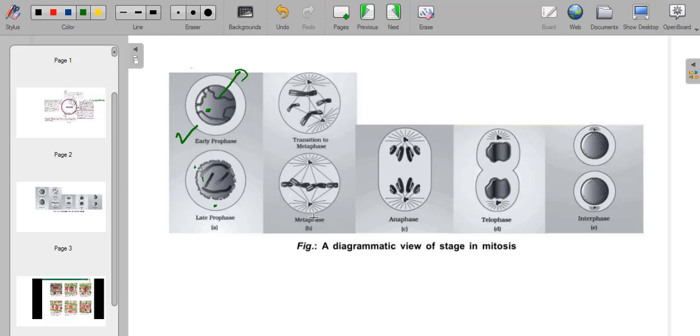After that you can see the metaphase, exact metaphase. You can see all of them present in the middle of the cell. Next, in the anaphase, the chromatin fibers are being condensed. They are pulling towards the poles, and at the late anaphase you can predict that slowly the constriction is being produced in the case of animals. The cytokinetic division may also start.